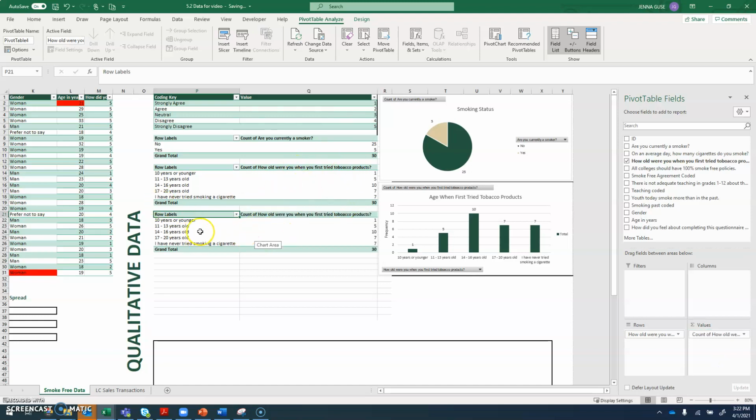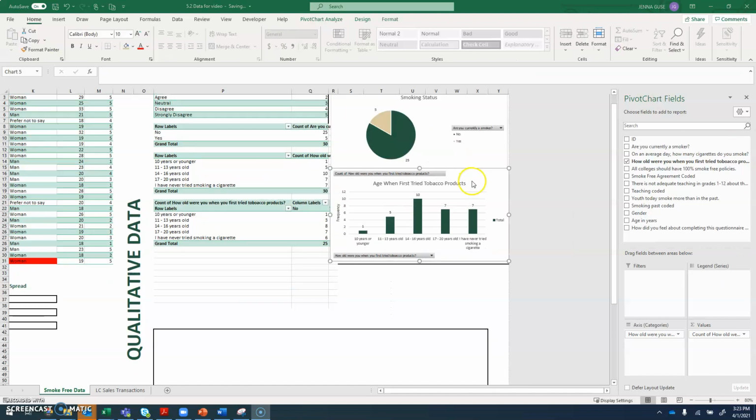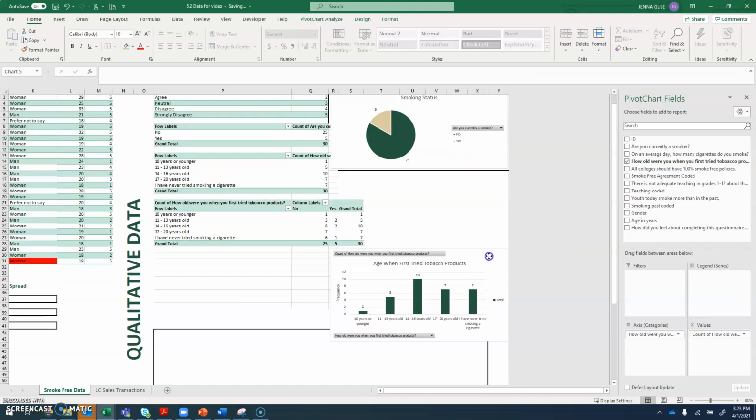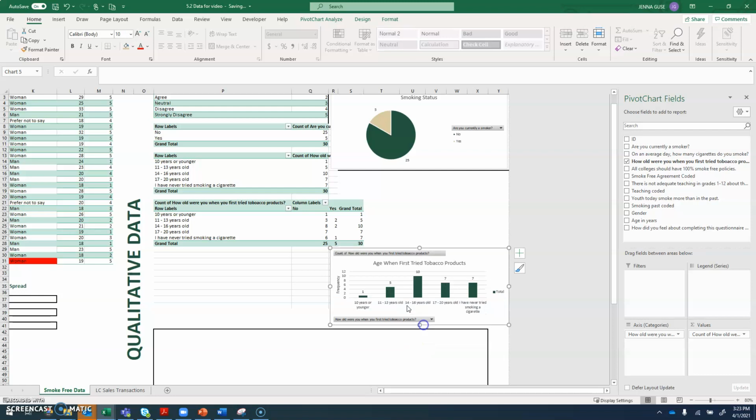table as before. But this time, not only do I want to examine how old you were, I'm also going to see if there's any kind of relationship between when you first tried smoking and if you're currently a smoker. So to do that, I'm going to also drag and drop my "Are you currently a smoker" variable into the columns. The table extended a little bit, so let me just drag this chart down and we can see our